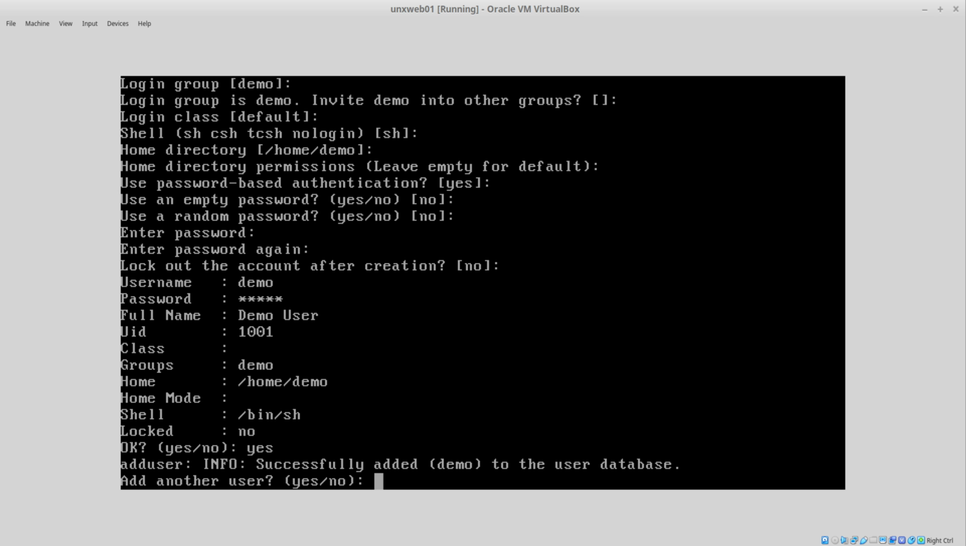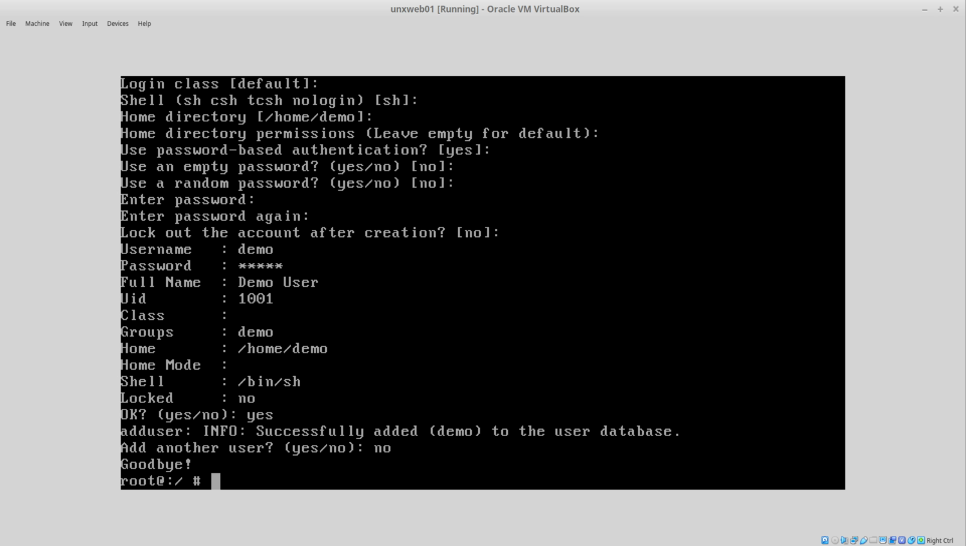Now, you can actually do this all in one line. You don't have to walk through that. So you don't have to go through the entire adduser process just like that. You can do it through a batch command or non-interactively. Now, to get rid of the user,